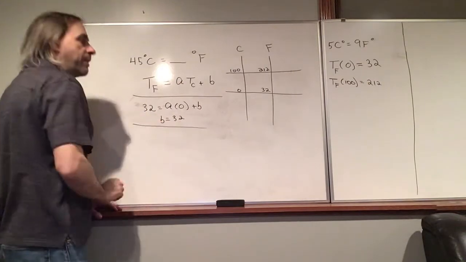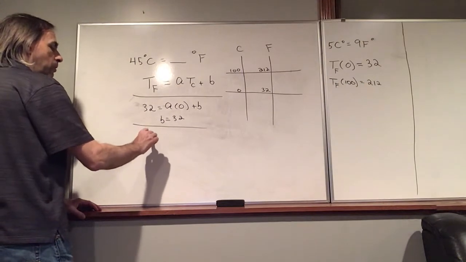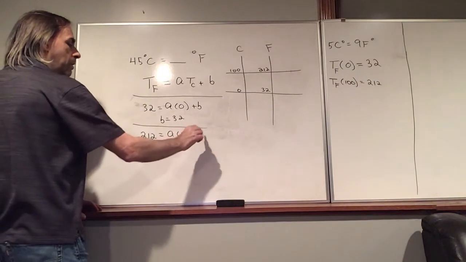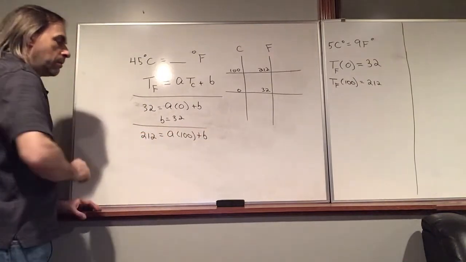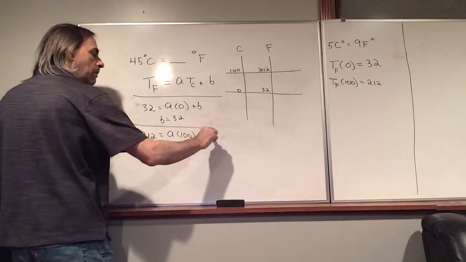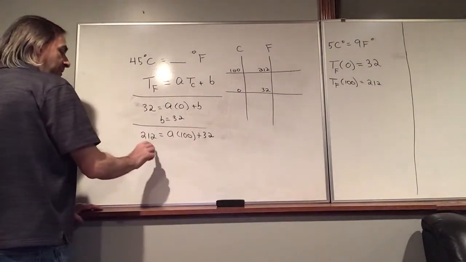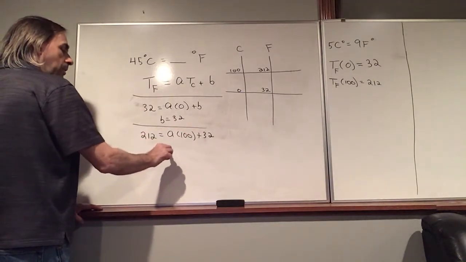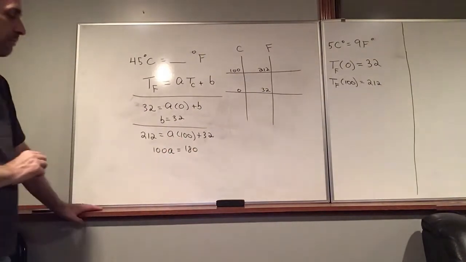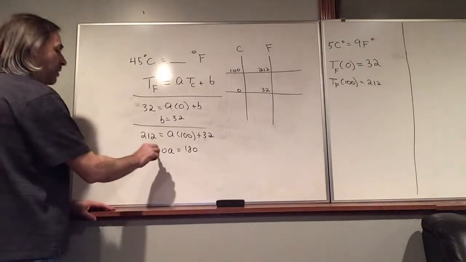So let's look at the other thing we know. If we plug in 100, we get 212. So 212 is going to be A times 100 plus B, which is 32. Let's plug that in there. So now all we have to do is solve for A. So if we subtract 32 from both sides, we have 100A equals 180. 212 minus 32 is 180. If we divide by 100,